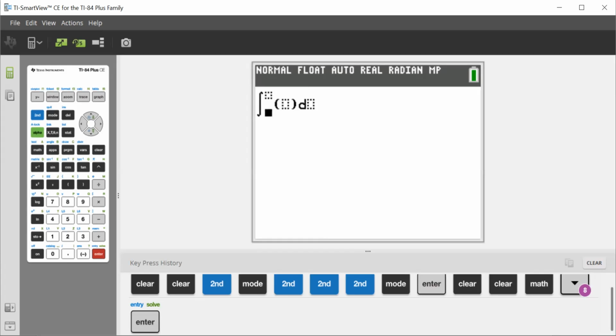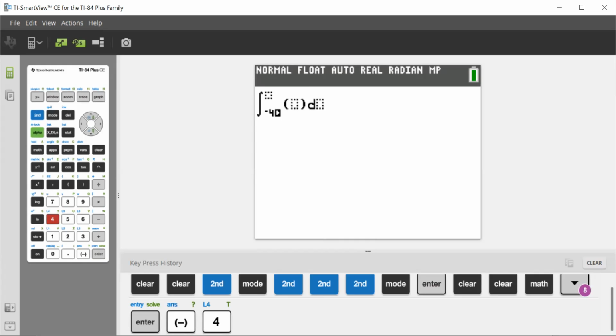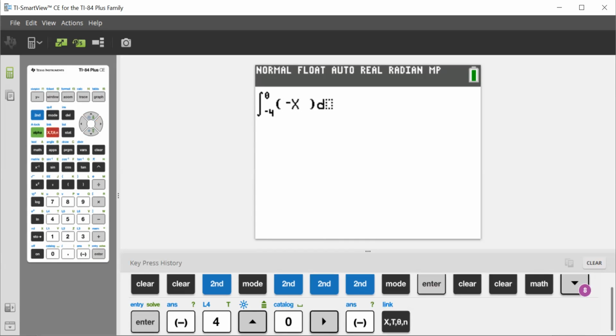If it looks like this, you're just going to fill it in as we have written on our paper. My lower bound was negative 4, so I'm going to do negative 4. Cursor up to the box at the top. My upper bound was 0. So I'm going from negative 4 to 0. Then my function is negative x squared minus 2x